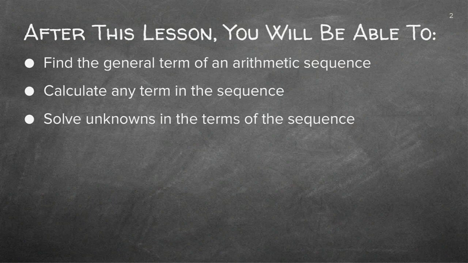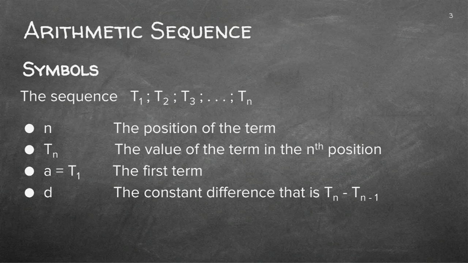You can go through this all at your own time. I prefer to always go into the basics. Symbols are always very important. You should know this off by heart, but let's quickly revise. The N is always the position of the term, the fourth or the third. If you can say th or nd, like second, you know you're on the N. That is which term we are working with.